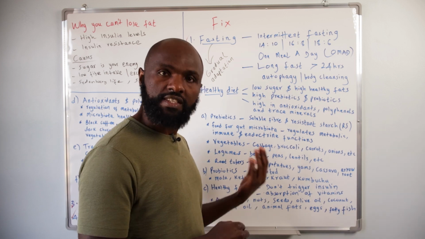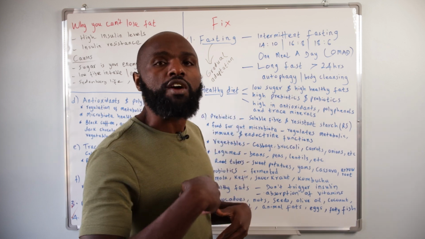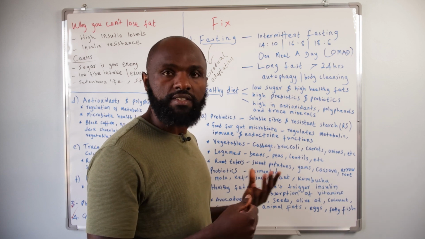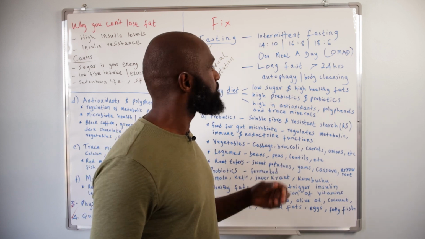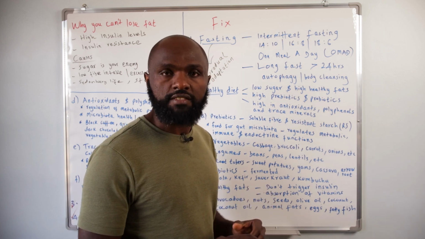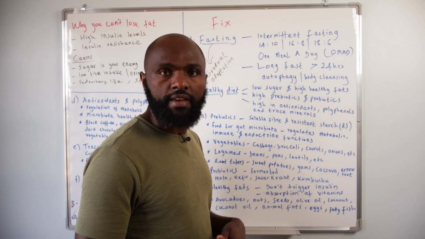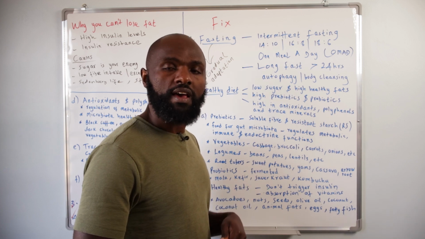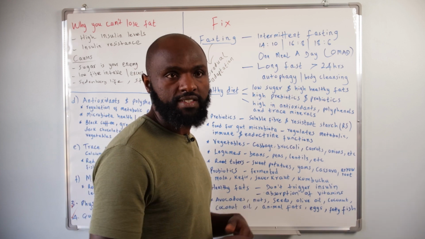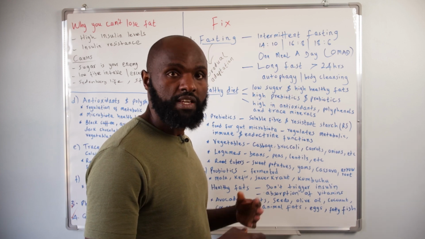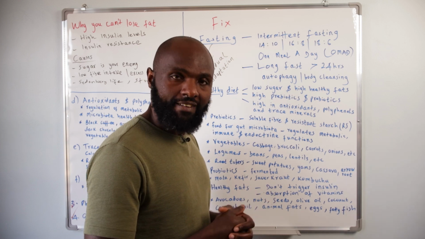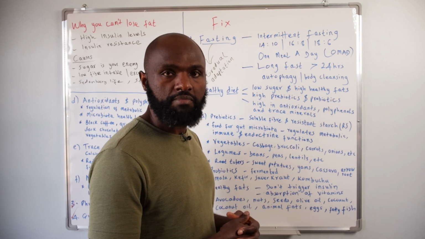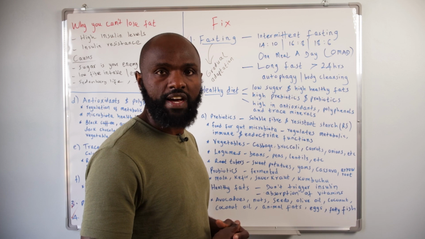Once you are successful in the first week and second week, this means that your body has started adapting to not having to eat every minute. Then in the third week, you can decide to push your breakfast by 1 hour. If your breakfast is at 7 a.m., have it at 8 a.m. So if your last dinner was at 8 p.m. and your breakfast is now at 8 a.m., it means you have been able to fast for 12 hours. In the fourth week, push your breakfast by another 1 hour, so now you are fasting for 13 hours.